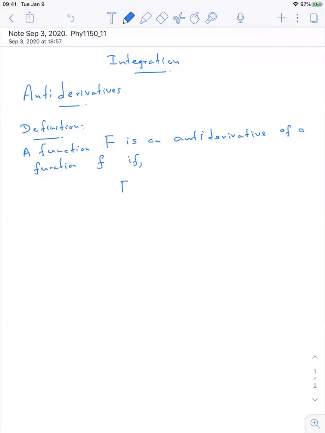What that means is F dash x should be equal to f(x),